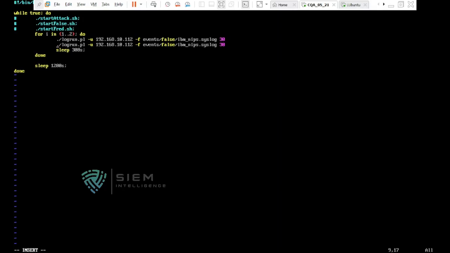Sleep tolerance. One to two log run.pl -u IBM NIPS syslog 30.